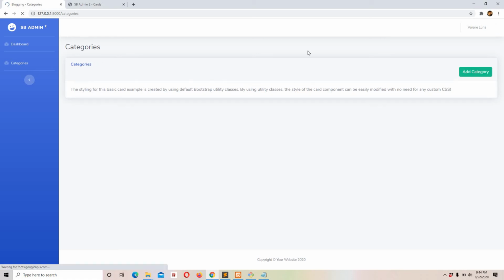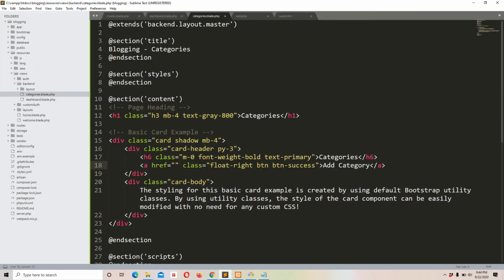Let's refresh. Now you can see we have a button, but I want to align them in the same line, so let's fix this first. Okay, card header right here. Let's apply some classes. Flex, and the other one was, let's say, what can we use? Flex row. Let's say align-items-center.